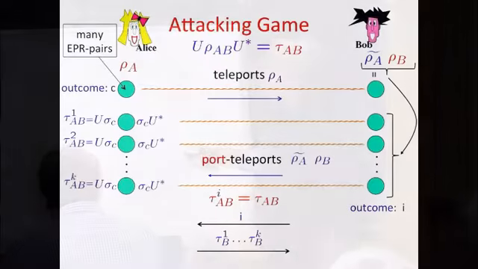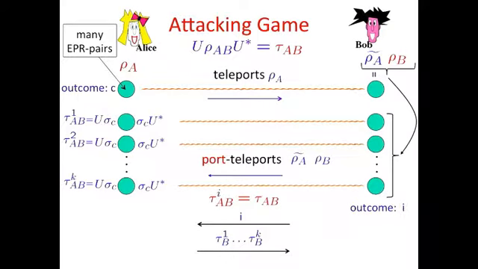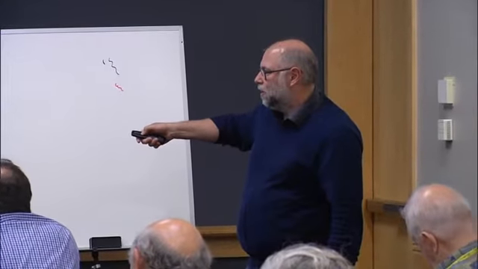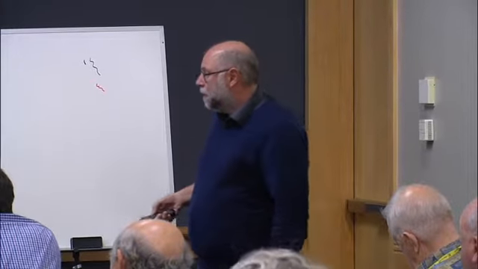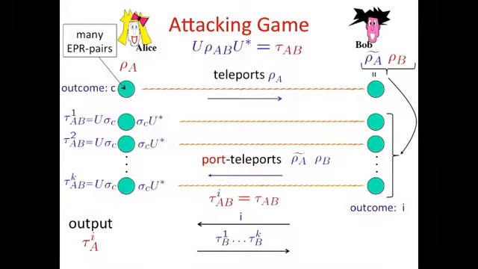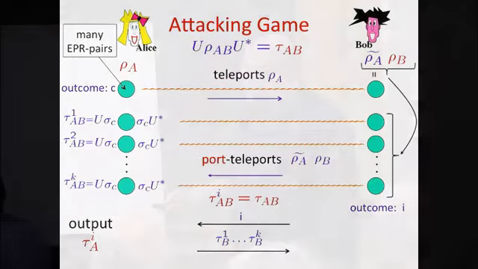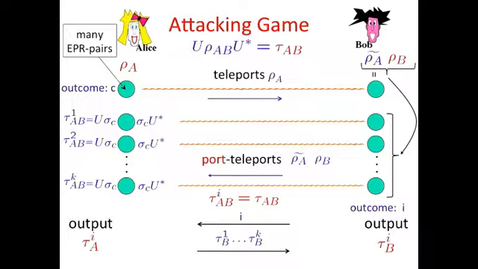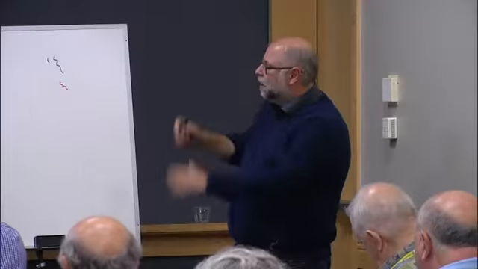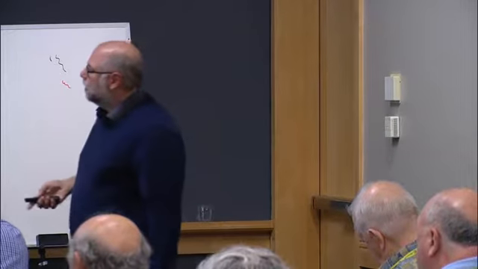And so, Bob, now here's the information, the messages that are sent. Bob sends I to Alice, and Alice sends all the B parts, the tau B parts, to Bob. And now when they know that I is the right port, Alice can output tau IA, and Bob can output tau IB. So this is, in one shot, how you can use both teleportation and port teleportation to solve this game.